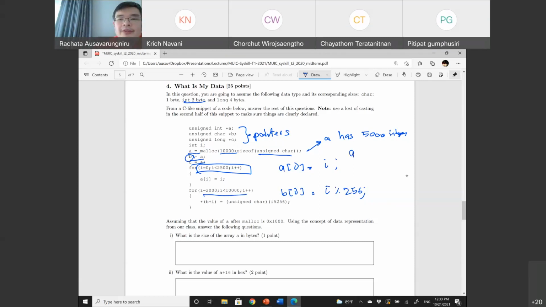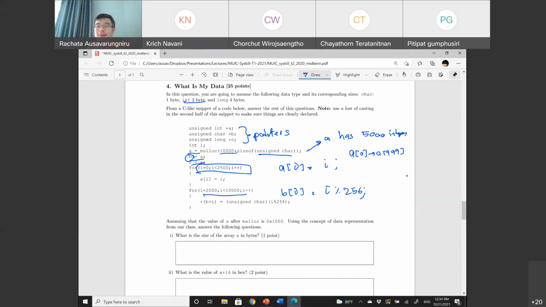So from A0 to A of 999, what is the value of these elements? What's A0?